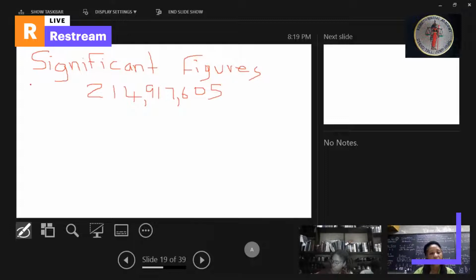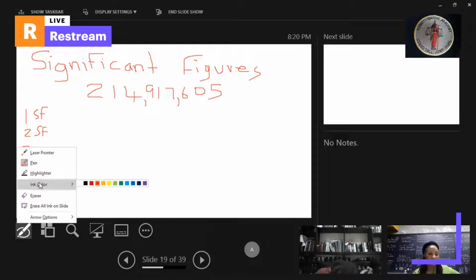214,917,605. And we're going to round it to one significant figure, two, three, four, five, six, right? We can do it to six for good measure. So we're going to round this same number to 1, 2, 3, 4, 5, 6 significant figures each. Okay, so